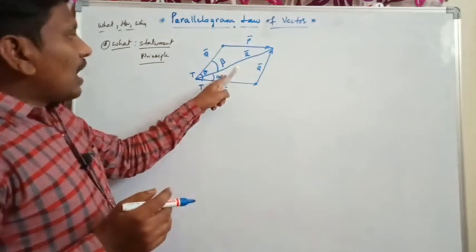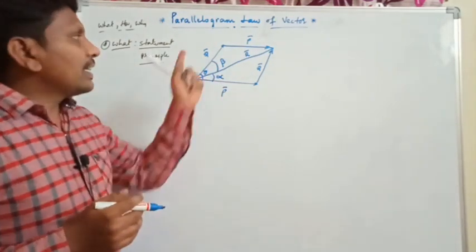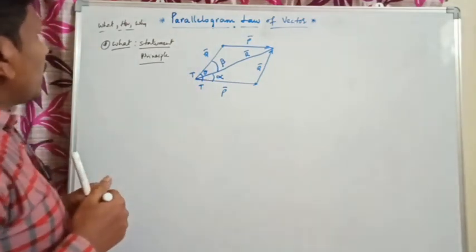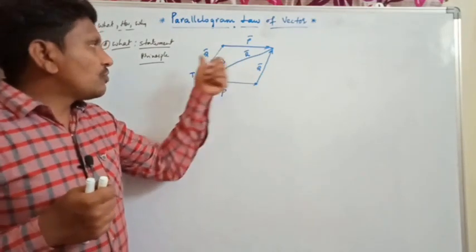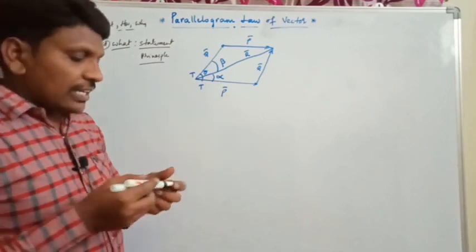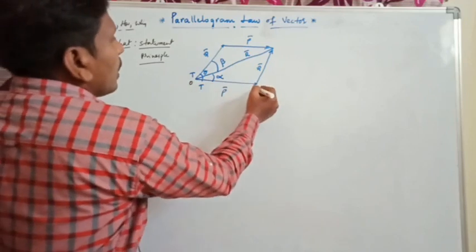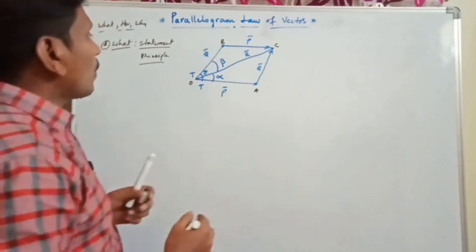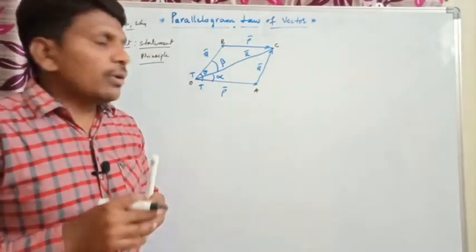This alpha and beta depend on the length of the P bar vector and the length of the Q bar vector, which we will discuss in the next class. Now let us try to understand. This is the resultant vector which is formed from the point where the two vectors are added together. Let us consider this point is O, and the other points are A, B, and C. Now what is the statement of the principle of the parallelogram law?